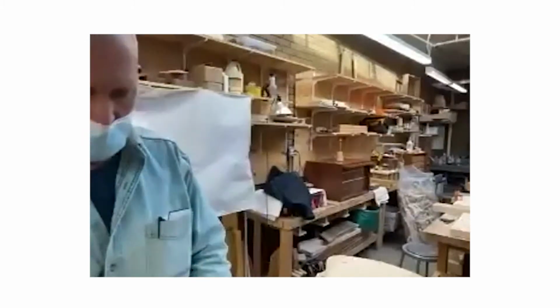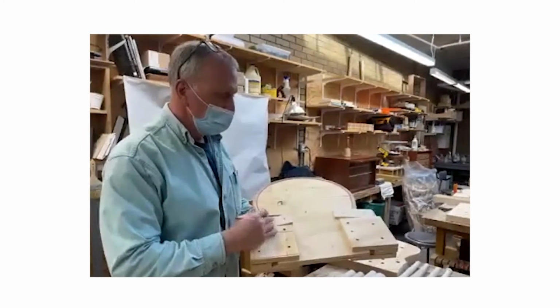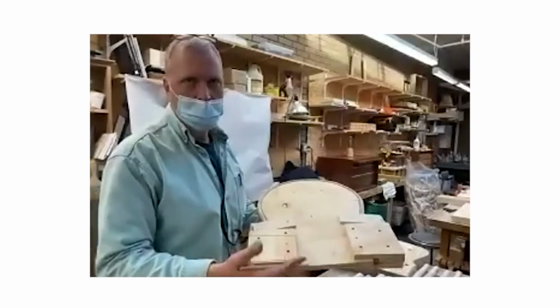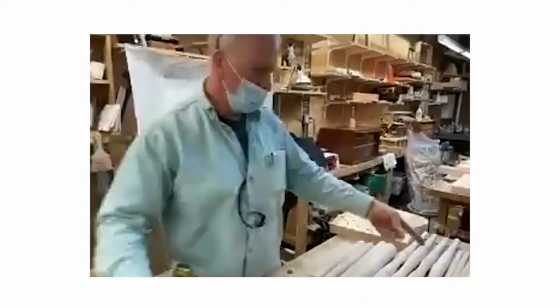So we started by literally learning how to split a log of green red oak and get from that the bow of the chair. So this would be the bow, which we shaved down to a shape, and then we put it in a steam box and we bent it. Okay. And then we get the spindles